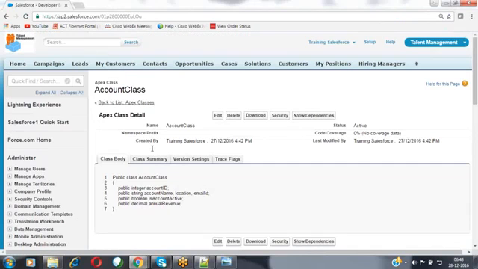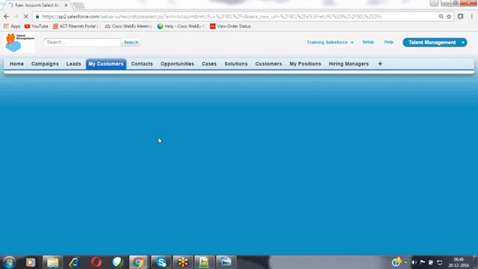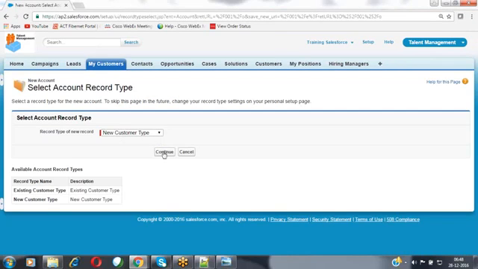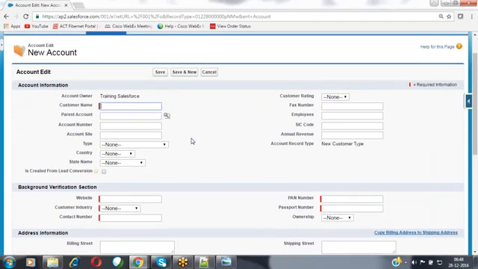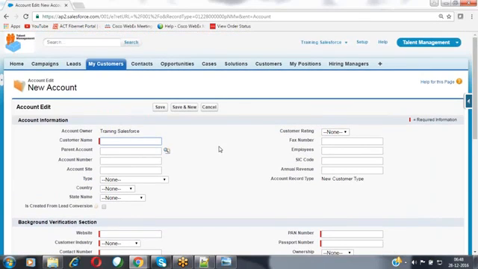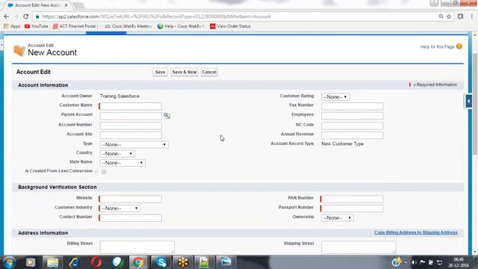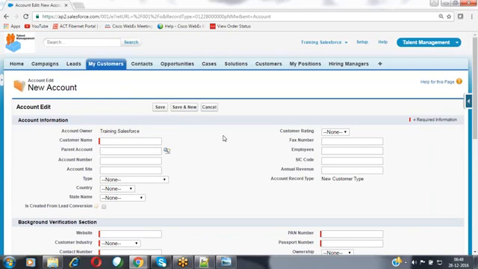Now, what exactly is the requirement to go with that? For example, I have the Account object here. Whenever I create an account, it provides the record types option. I have selected the record type I need to create a new record. This is the page layout given by Salesforce to you by default for each and every object. By using this page layout, we can create and manage records. At that time, we discussed page layout customization.